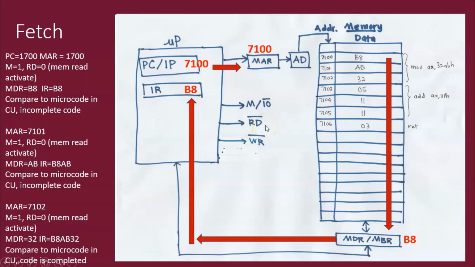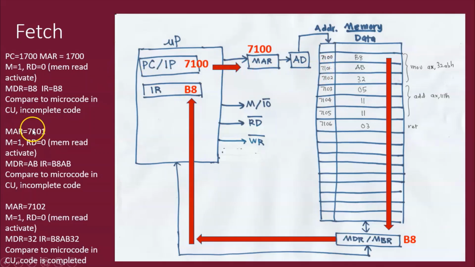It means it is a memory read operation. Okay, now what the micro P is doing, actually, it reads the memory, and then it compares it to the microcode in CU. However, it is incomplete code. So what happened? MAR will take this value next,